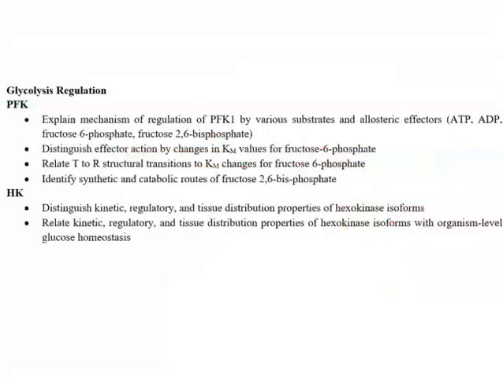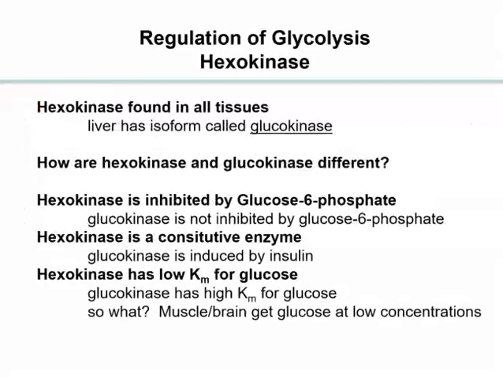More learning objectives, and these are specific to each enzyme. So I want to draw in PFK1 here. Take a moment to read through these. Beginning now with hexokinase. Hexokinase is found in all of the tissues of the body. Glycolysis is very highly conserved evolutionarily, and for a cell to be viable, meaning living, it needs to have some type of glycolysis occurring. Hexokinase is found in all tissues, and there are multiple